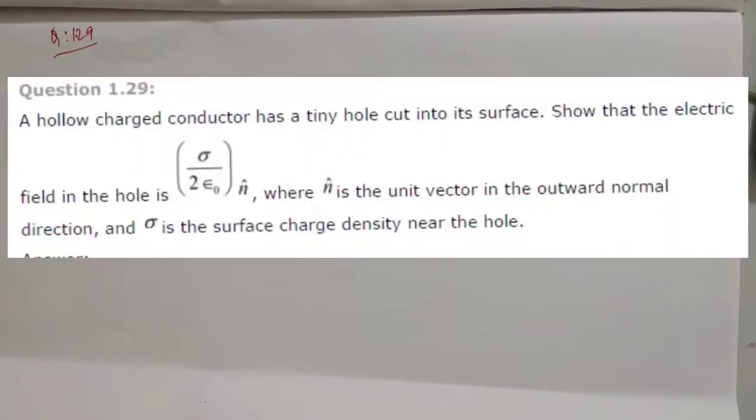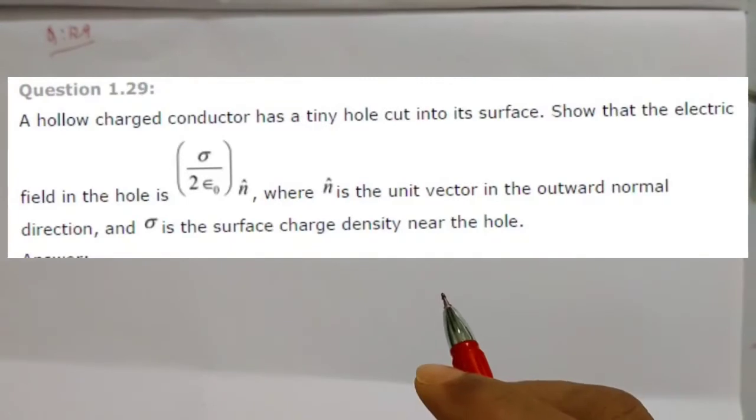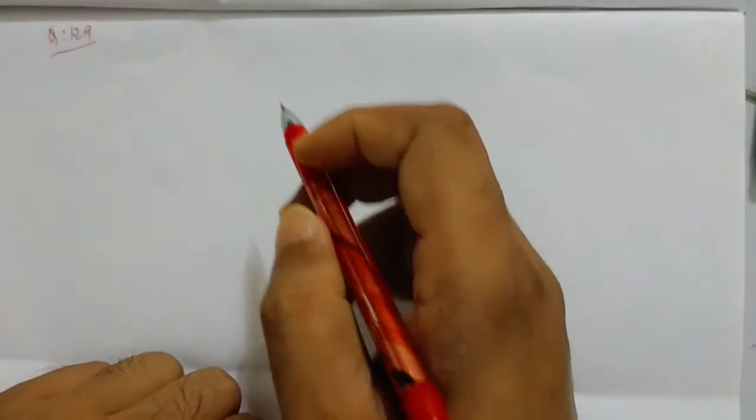what they are saying, a hollow charged conductor has a tiny hole cut into its surface so that the electrical field in the hole is sigma by 2 epsilon naught n cap, where n cap is the unit vector in the outward normal direction and sigma is the surface charge density near the hole. Now, what they are actually saying, a hollow charged conductor